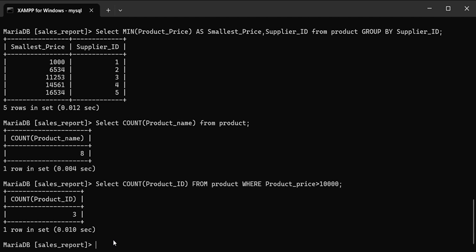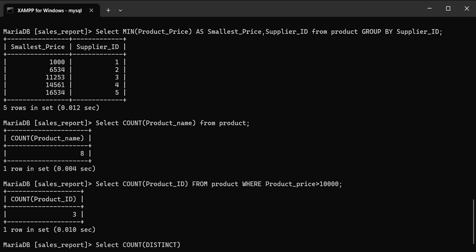So let's try. If you are going to find out how many different prices there are in the product table, we have to select and then count. Then we will be using the distinct.